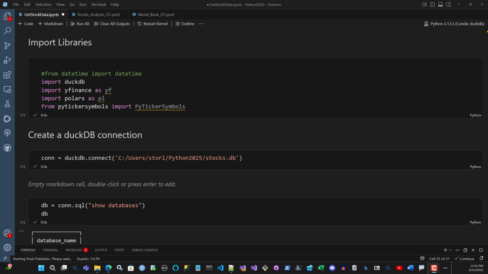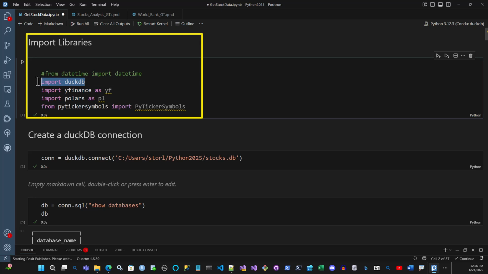I first need some data, and one of the tables I created was based on stock data. You can import DuckDB, as you can see here. In case you don't want to do it the way I do it, you can use yfinance. Very easily to work with polars when you work in these great tables. So we're going to import polars. This particular library I used just to get the stock symbols that makes up the Dow Jones Industrial Average, the